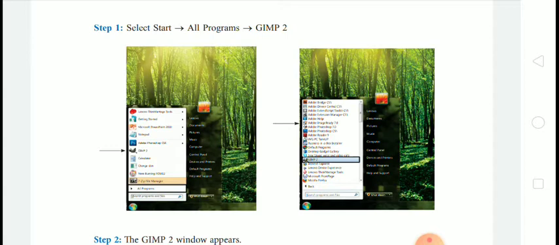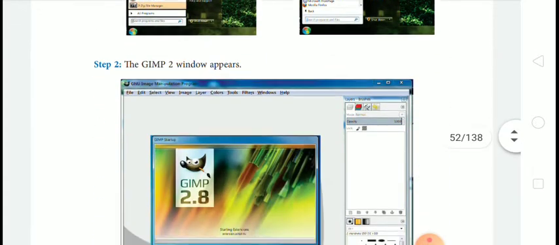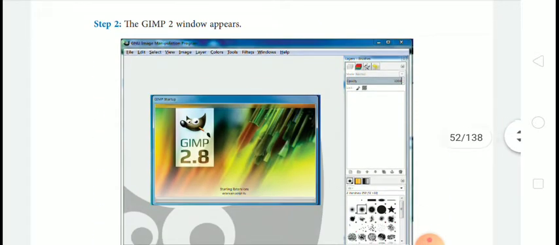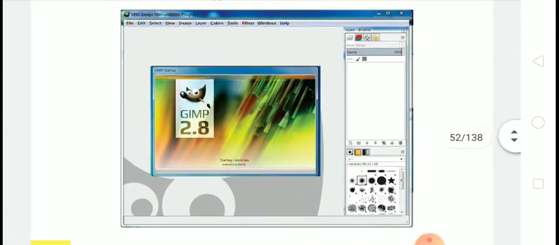You can see it in the image. Step 2. The GIMP 2 window appears. When you select GIMP 2, this window will appear on your screen.